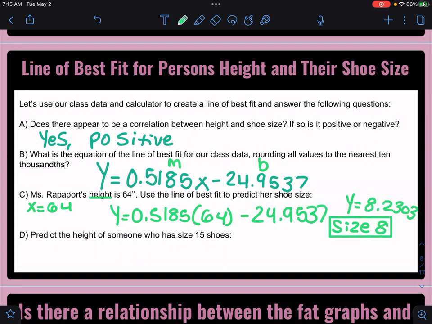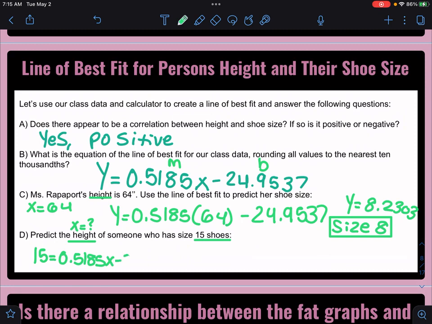Alright, let's look at number D. Predict the height. So now our x is our question mark. We don't know what our x is. Predict the height of somebody who has a shoe size of 15, meaning that 15 is our y. So we have 15 equals